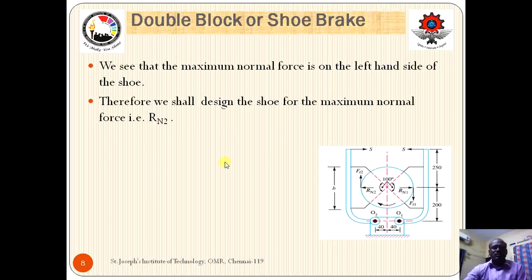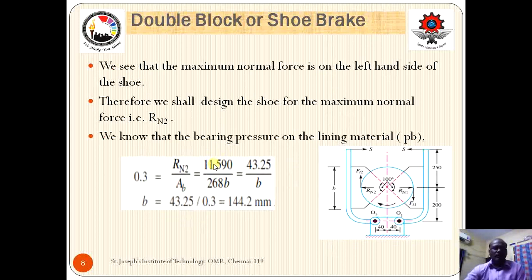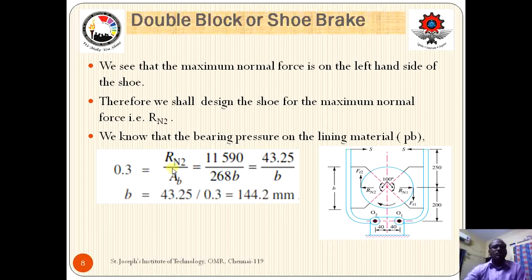Okay, so we are going to find it out. We know F equal to mu Rn, or pressure is force by area. The bearing pressure value given is 0.3. The force is the highest force value, Rn2, which I am choosing here. A is in terms of B, available as 260 B. Now substituting the values, the only unknown is B, so I can find my B value. So this is the B value, and at the end you write the answer.